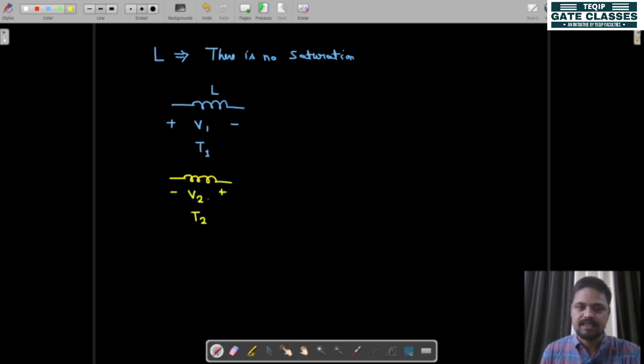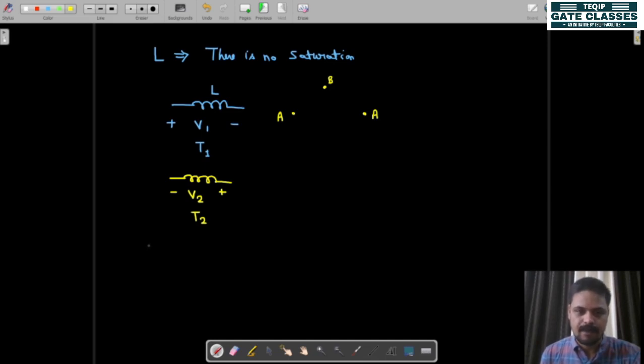And if this operation is in saturation, it means when the inductor is getting charged, suppose it is starting from point A and reaching point B, and if this cycle is going on, charging, discharging, charging, discharging, and there is no saturation, then when it starts from point A, it reaches point B, and then again it will come back to point A. If this voltage, positive or negative, is applied for quite a long time, definitely the inductor will be saturated, because the flux is going to be